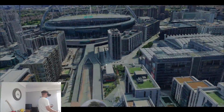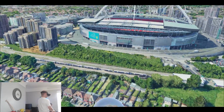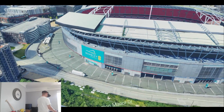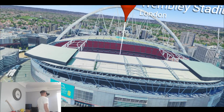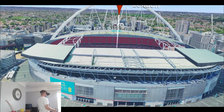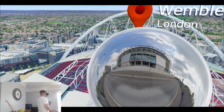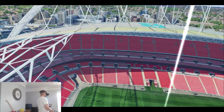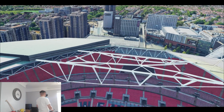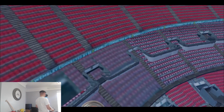Let me double check this side, just to make sure. It's not that nice, is it? I'm only realising this now. Wembley Way view is brilliant, and all the other sides not so much. Anyway, something I did realise, which is quite cool, is where Google has updated certain locations quite well, I can actually